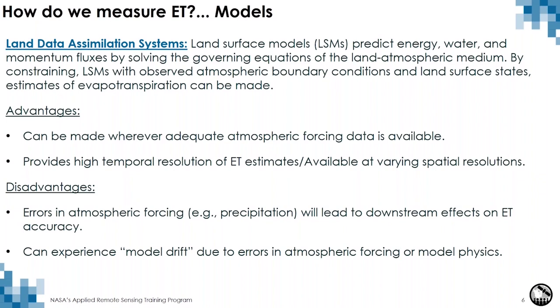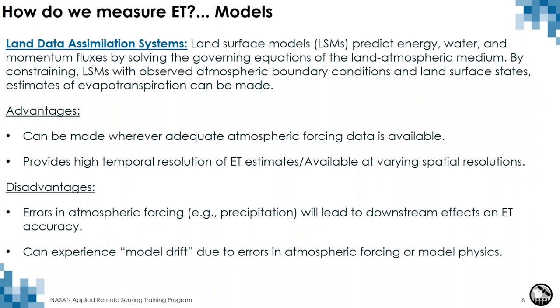The main driver to land surface models is precipitation. If your precipitation is not right, you're already starting off with some level of uncertainty in what the soil moisture will be, and then the downstream effects on ET accuracy. If your precipitation is poor, your soil moisture prediction will be poor. That will affect your estimation of evapotranspiration. So really, the errors in the atmospheric forcing can cause a lot of issues with producing essentially less certain estimates